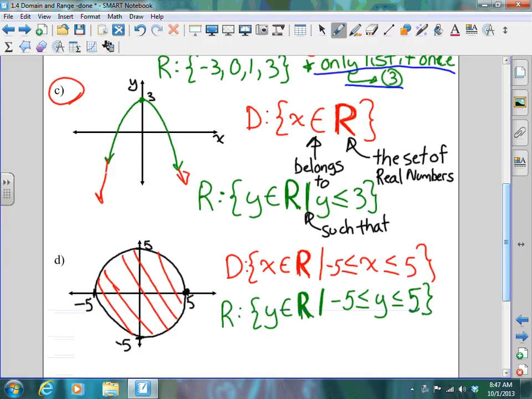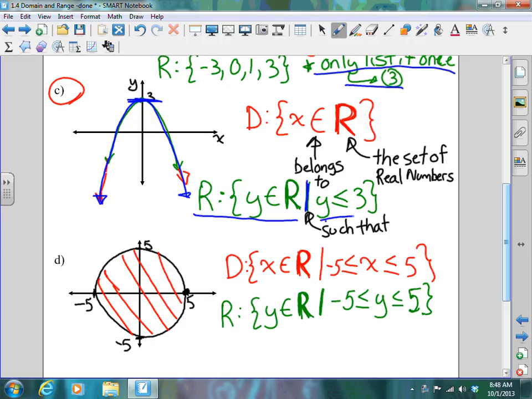Whereas the range, ladies and gentlemen, is a little different. Along this parabola, folks, we can't go all the way up the graph. We can go all the way down because these arrows continue, but we stop here, at the maximum. So let's read this. The range is y belongs to a set of real numbers such that, and that's telling us that there's a restriction,